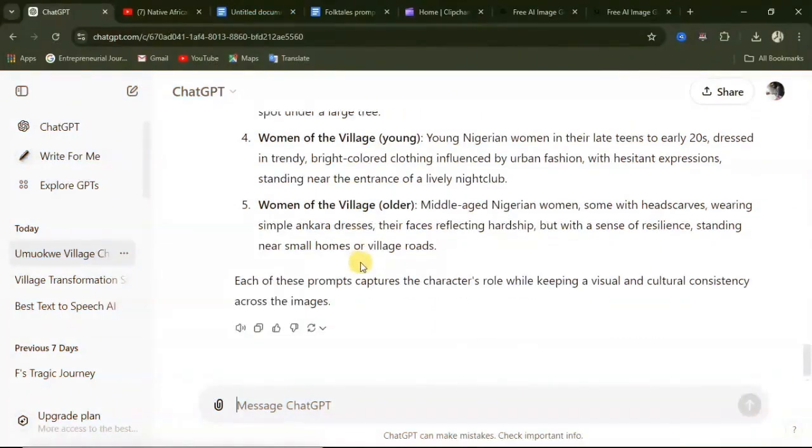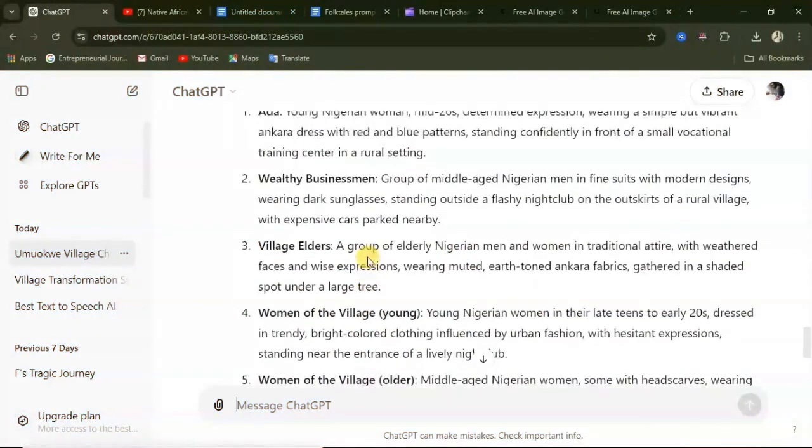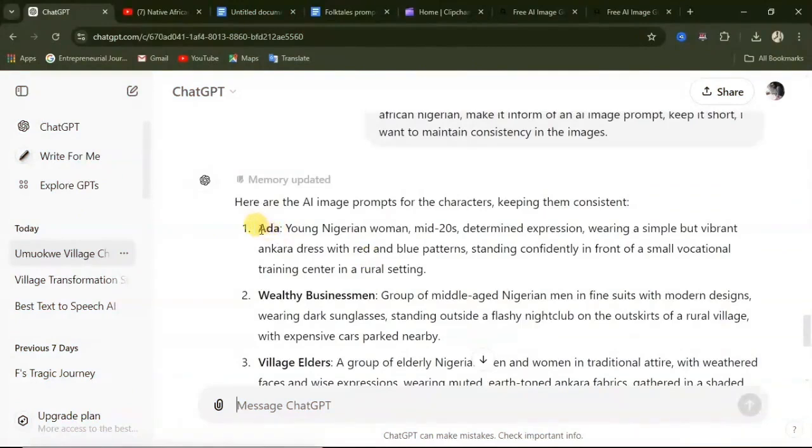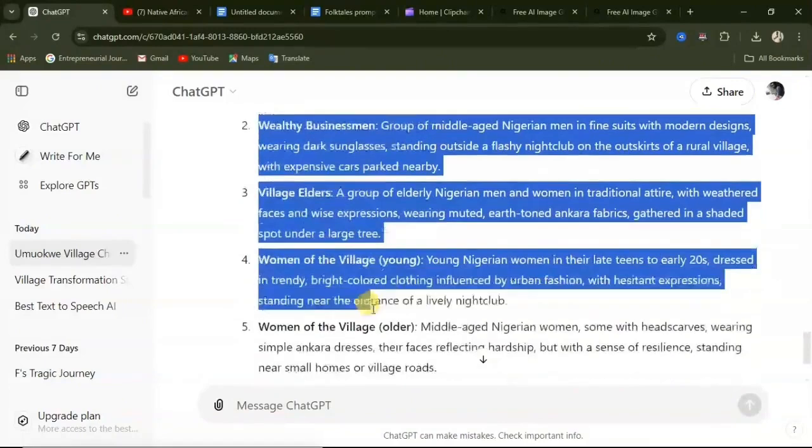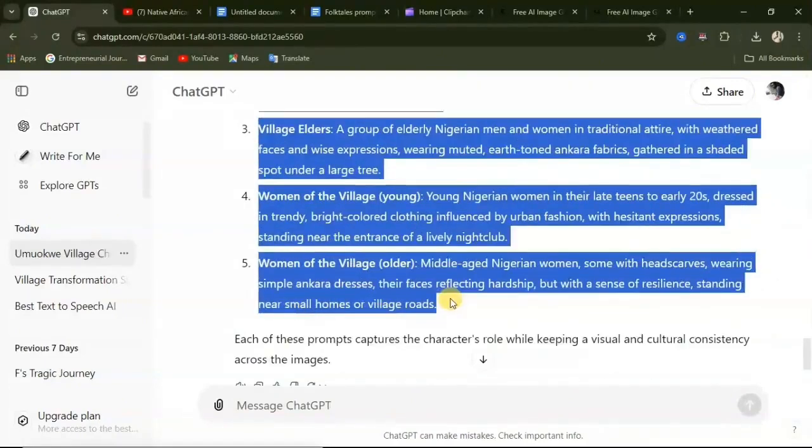So these are the profiles of each of these characters. So Ada is a young Nigerian woman, mid-20s, determined expression, wearing a simple, vibrant Ankara dress with red and blue patterns, standing confidently in front of a small vocational training center in a rural setting. So what we are going to do is to copy this. What I'm giving you in this course is the exact process I followed while creating my